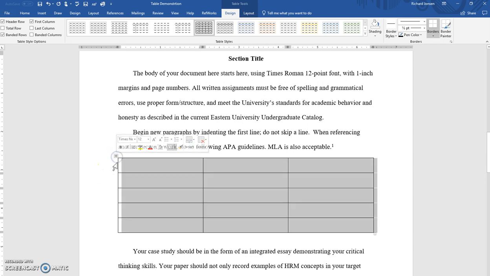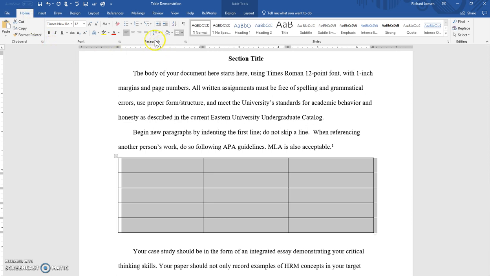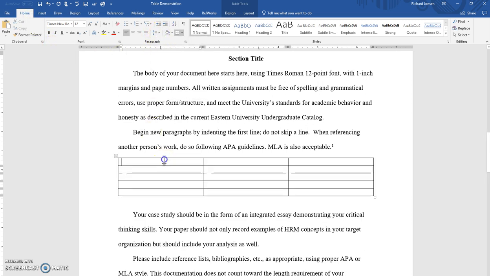In our case study, the body of the paper is double spaced, but we can keep the tables single spaced. So to do that, going up to Home, and go to Spacing, just go to 1. There we go. So first I'll start by putting in the column titles, and our column titles are value creation process,